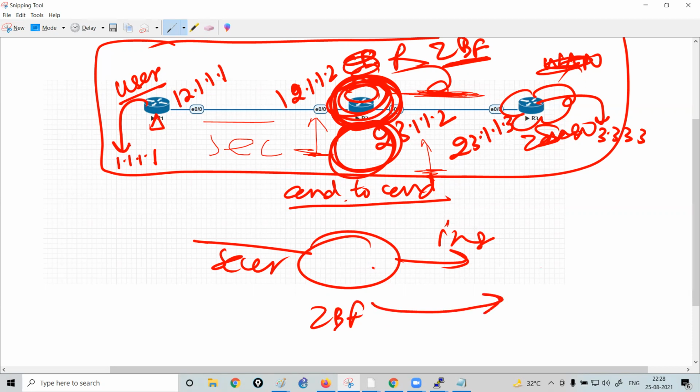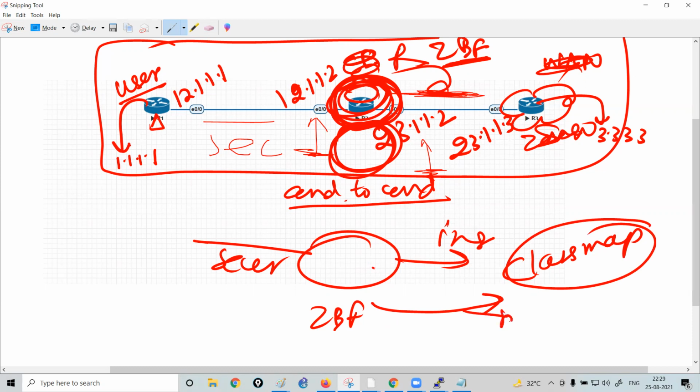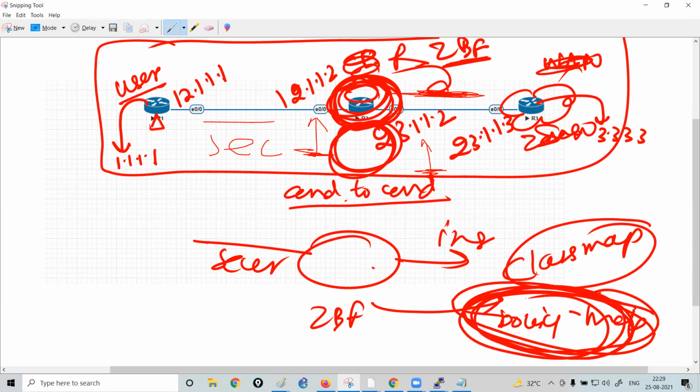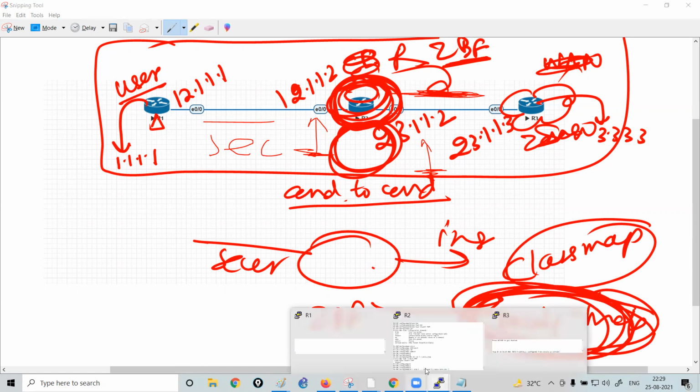According to it, there is a class map which defines on which traffic you have to perform the action, and there is a policy map which defines what action has to be performed. So we will call this policy map under the zone pair. Don't worry, I will conclude all these commands once again.